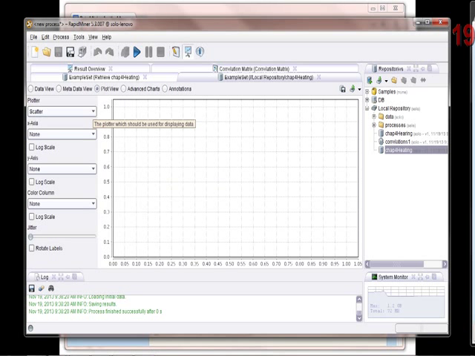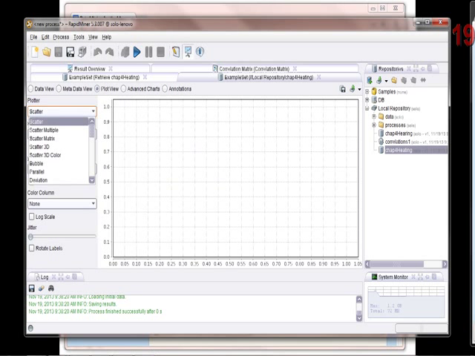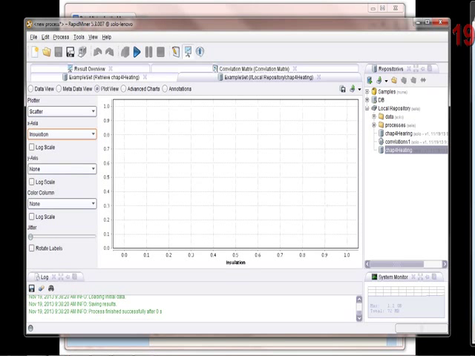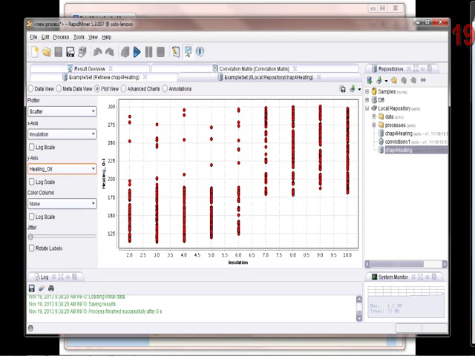I'm not plotting correlation, but I'm plotting the data. So select scatter and then select the x-axis, and for the x-axis I want to maybe show insulation. On the y-axis I will pick heating oil, and in heating oil, as you can see, the heating oil data